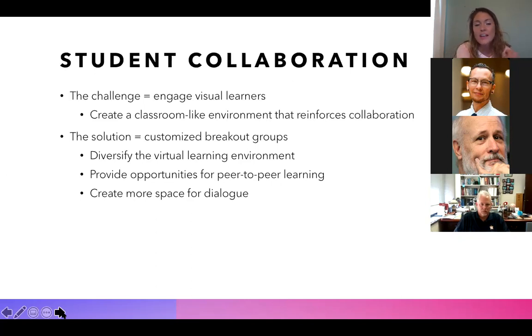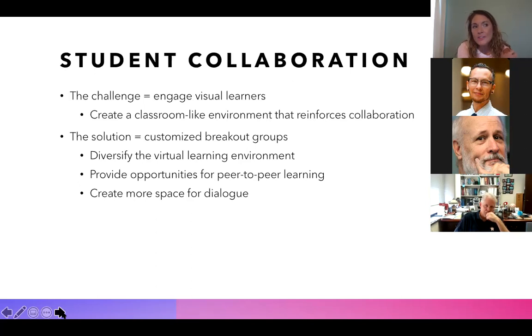I still use Blackboard Collaborate. I haven't really had any problems with it. I know a lot of you have switched over to Zoom. Some people are using Google Hangouts, but all of those have the application to put students in these breakout groups. I've been experimenting with that and finding some things that do work in the breakout groups and other things that really didn't work.